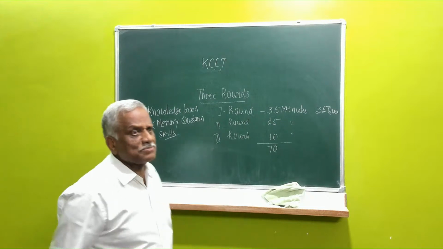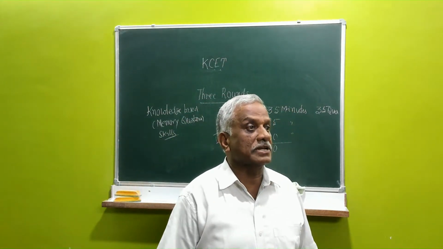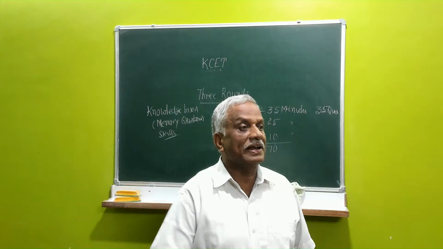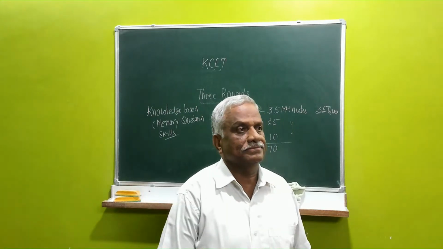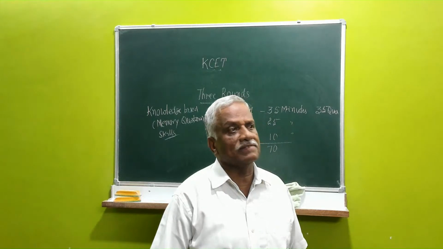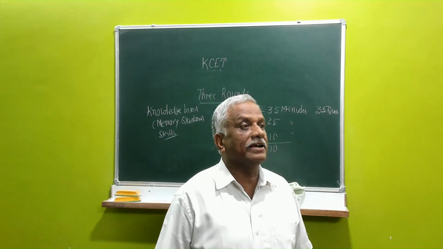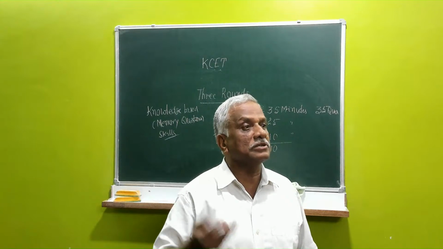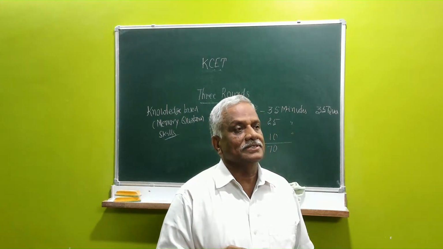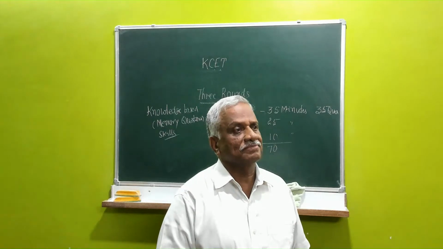They require some skill to work the problem. An example for a knowledge-based question is: the matrix is said to be singular. Four answers are given. You need not even look at the answers. You know that a matrix is singular if the determinant of that matrix is equal to 0. You know the knowledge. Such questions or some skill questions,